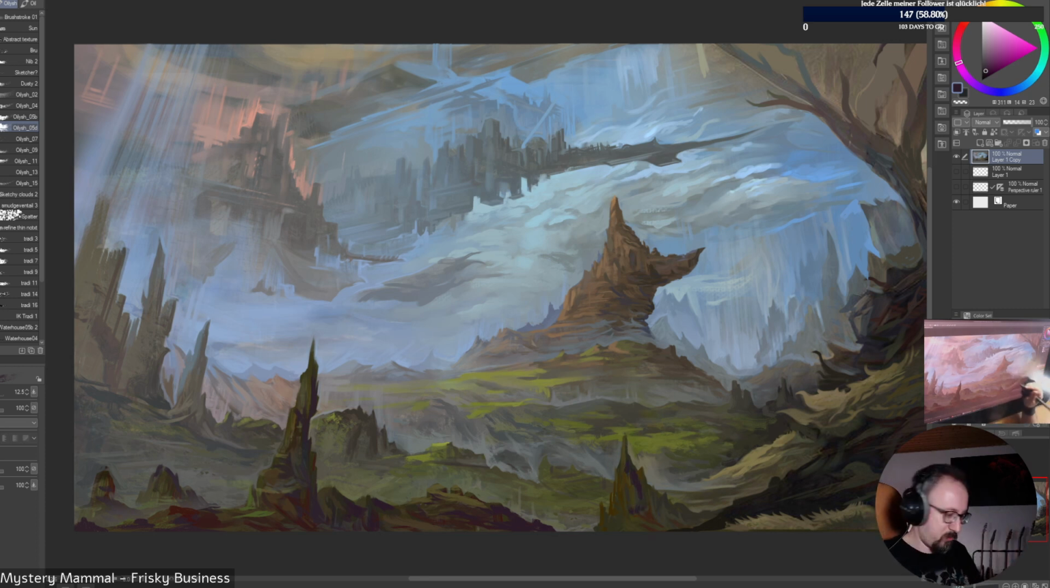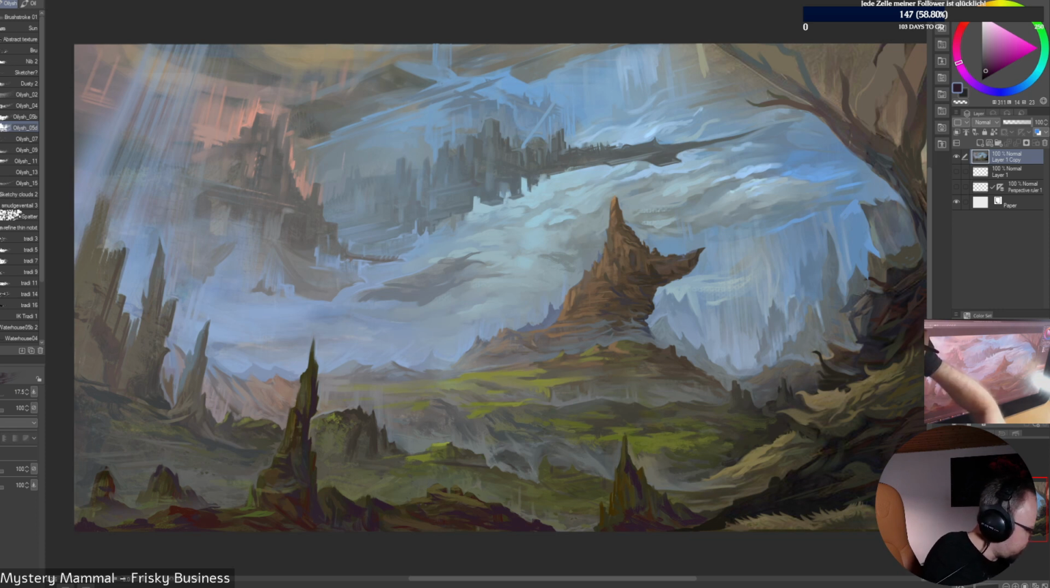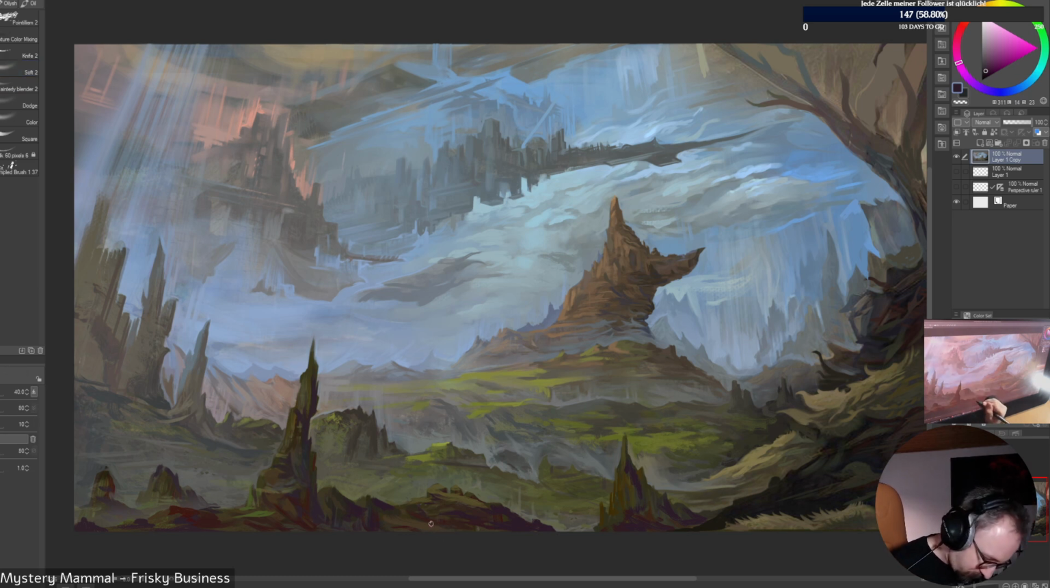Let's darken down this area here. I do like the little purplish tint on the shadow color. And let's see if we can blend a bit more. I like the Painterly blender a lot more. Texture blender is also nice, but